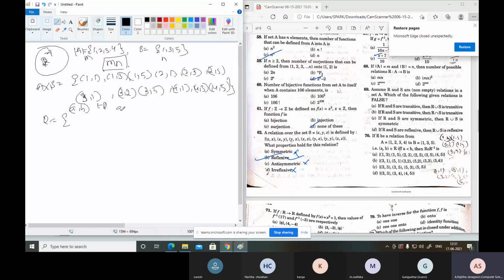Now write down here 1, 3, 1, 5. Next write down 3, 5. Next write down 4, 5. Then what is the R universe? R complement, so write down like this. R complement is what? How do we say R complement? The pair exists here but not here. Okay, we subtract, that means mu minus R, mu minus A cross B.